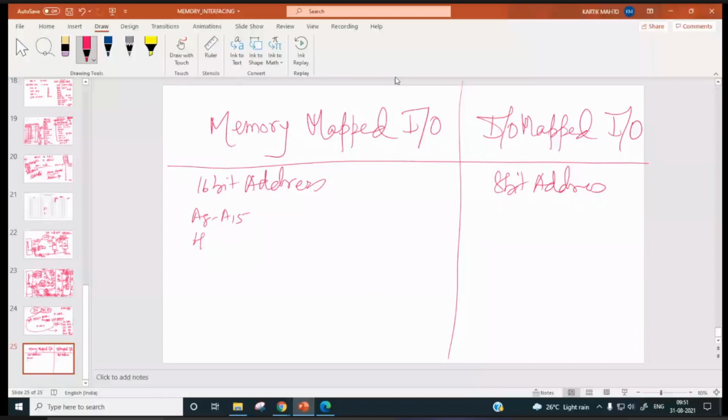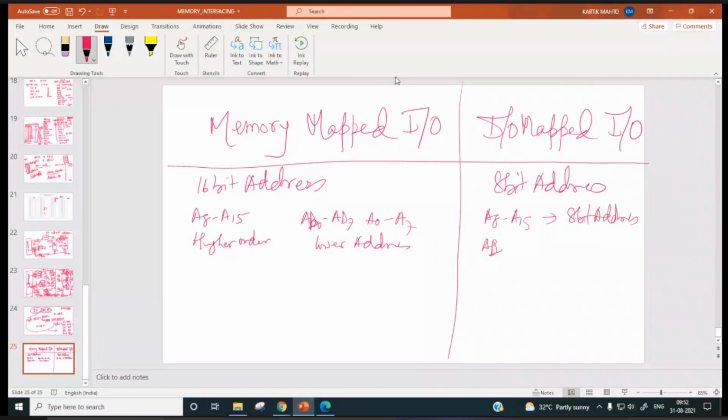A0 to A7, AD0 to AD7, finally after the latch, it will have A0 to A7, the lower order address. Right. But here, A8 to A15 will be having the 8-bit address, the same address will be copied. So AD0 to AD7 and A8 to A15 both will have the same address. And at that time, this IOM bar pin will be 1.